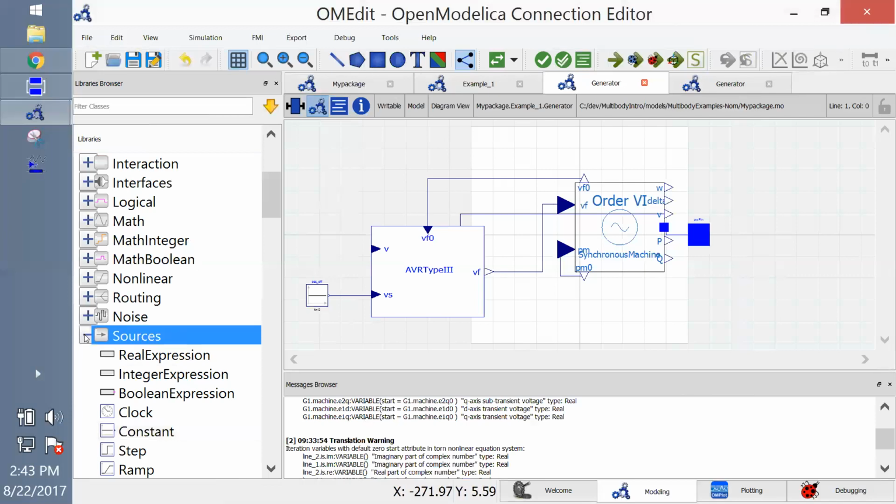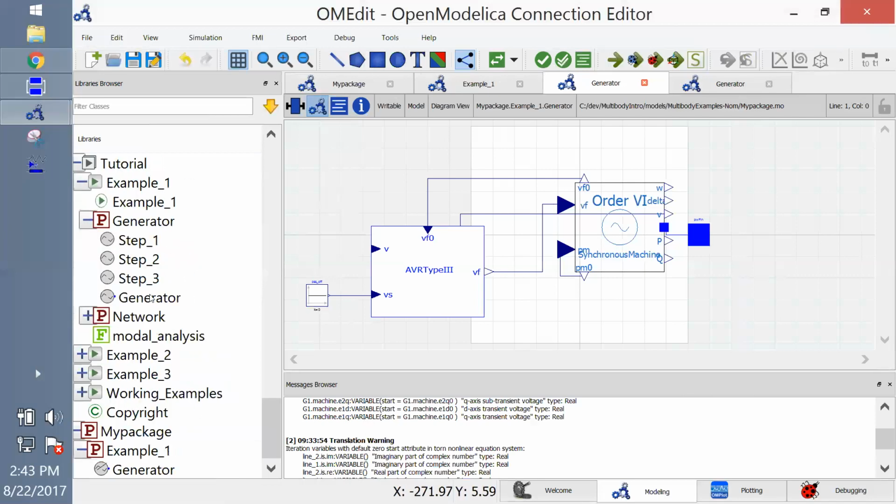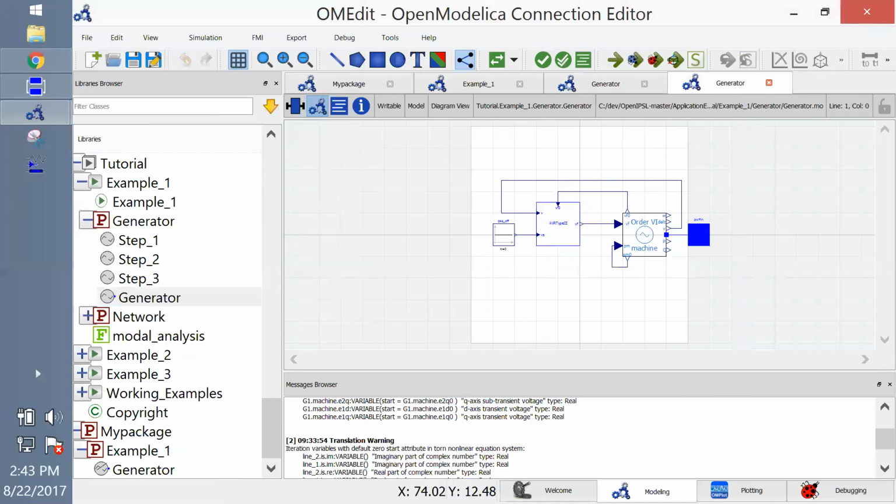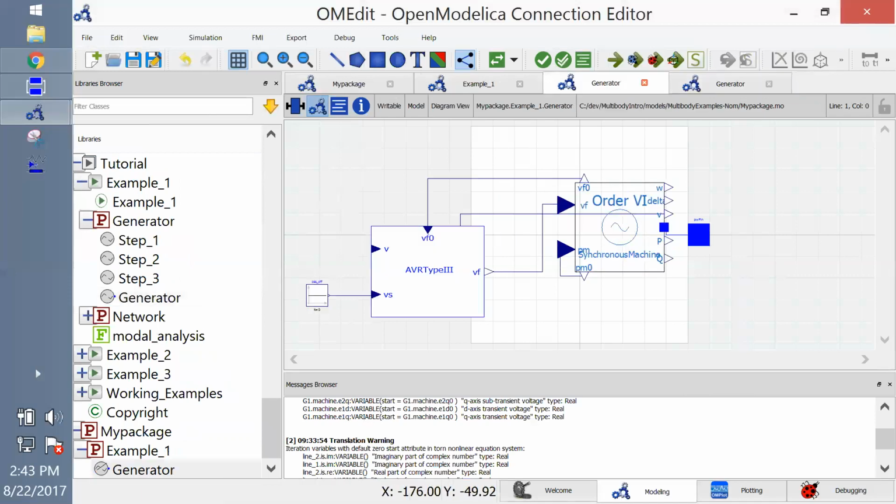So when you look at the solution generator, that's the same thing. And this is what we have set up right now. So the next step is to